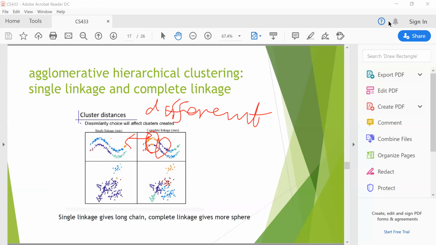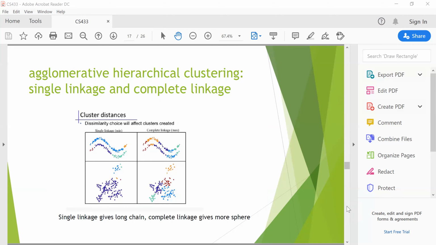So when you do the agglomerative, the linkage concept is also important, which you choose will give you different clustering results. And sometimes some shapes are just naturally prone to certain distances you choose. So we need to be careful when we do the